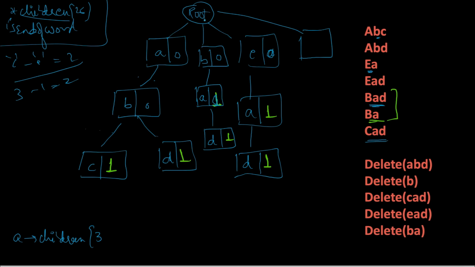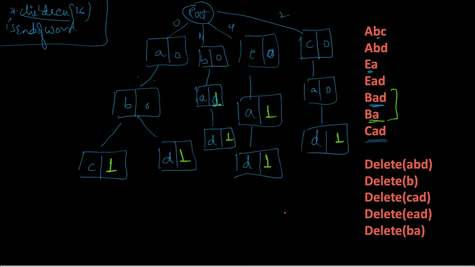So from this root we check whether any node exists at the C index, that is the second index. Then does any node exist at index 2? No, it does not exist. Then we create a node C and mark the end of the word as 0. Similarly for A, and this D we mark as 1. So now our strings are inserted in this trie.